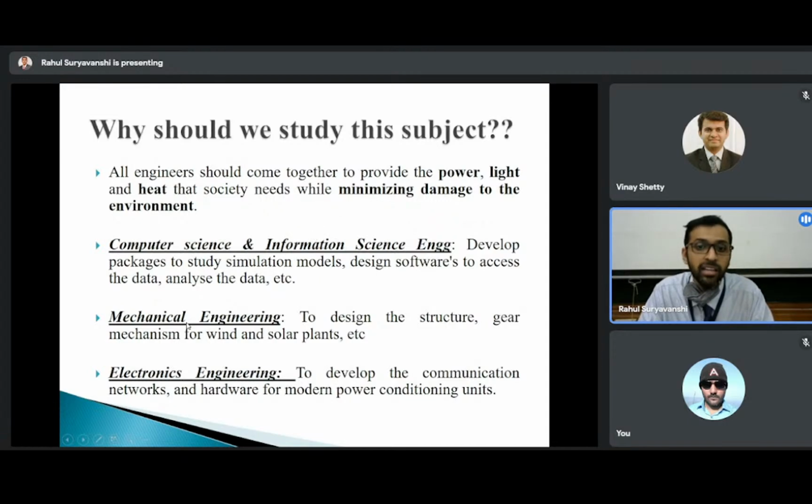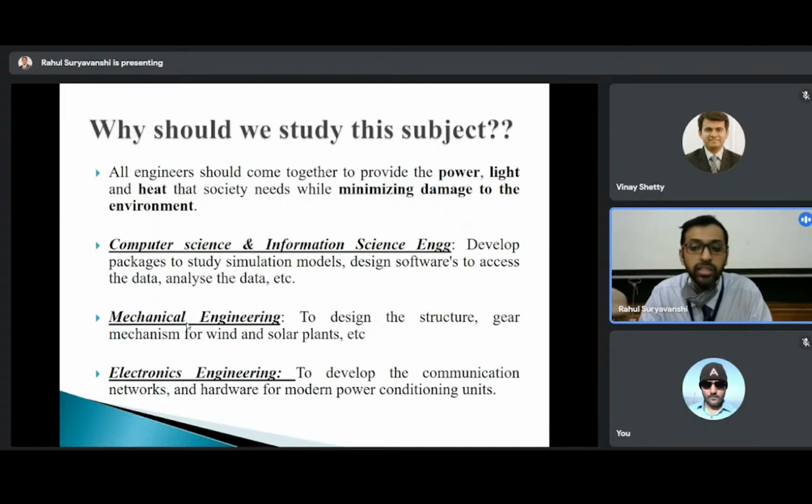Up next is mechanical engineering. Now, mechanical engineering plays a very vital role in renewables. Why? Because whenever we talk about structures, for example, a wind turbine, the electrical generator is one of the most important things, which generates electricity. But apart from that, the majority of parts in solar and wind energy systems are mechanical. For example, the wind blade. Designing a wind blade is one of the major research areas taking place nowadays.